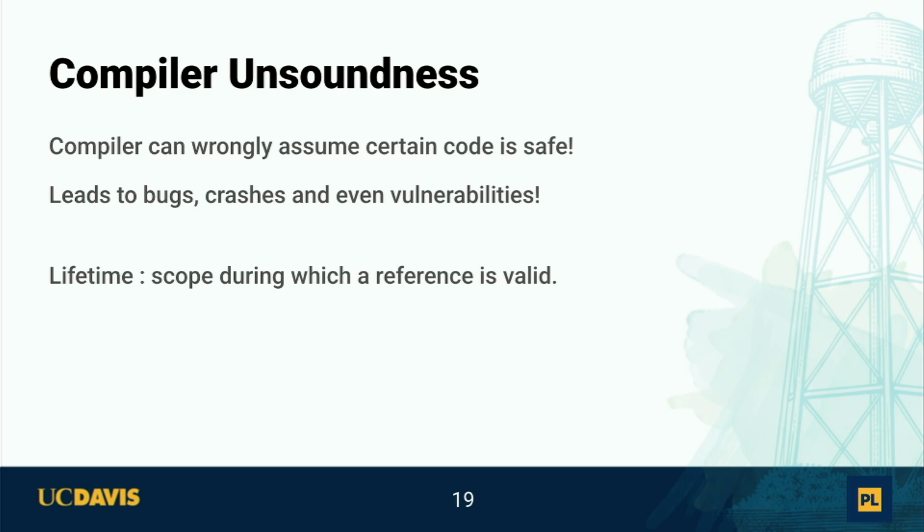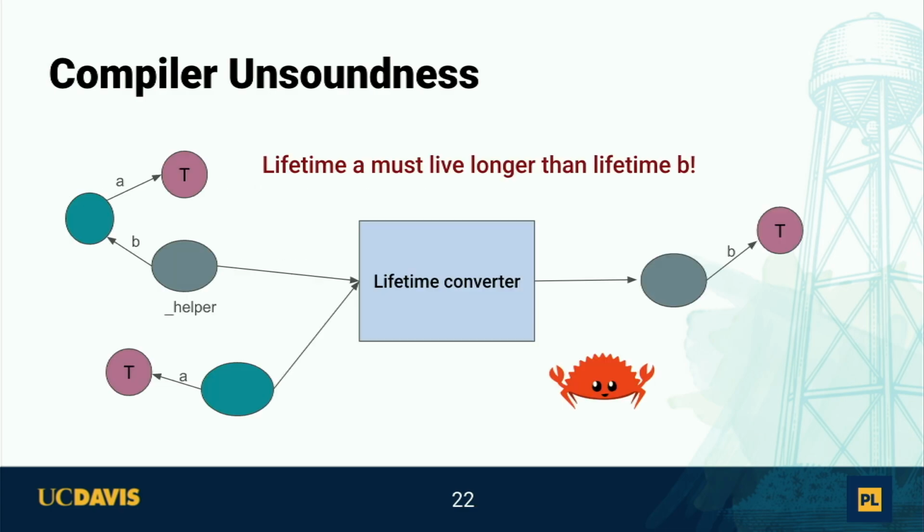So if I try to make a function like this, I can have this helper variable as an input. This double reference thing cannot exist in Rust unless a lives longer than b. Because if, let's say, a goes out of scope, then b is pointing somewhere and there is nothing there. So this will be a dangling reference. This is not something you can have in Rust. So for you to declare this variable, the lifetime of a must be greater than b.